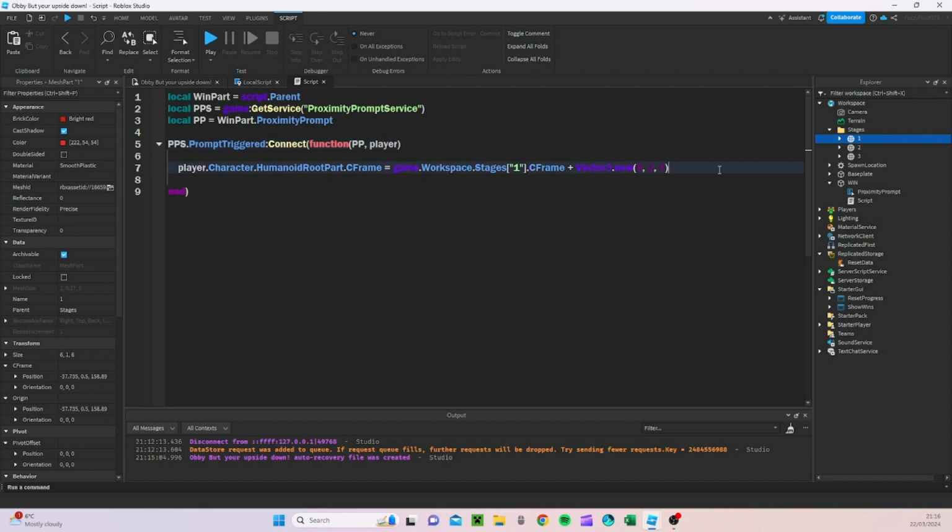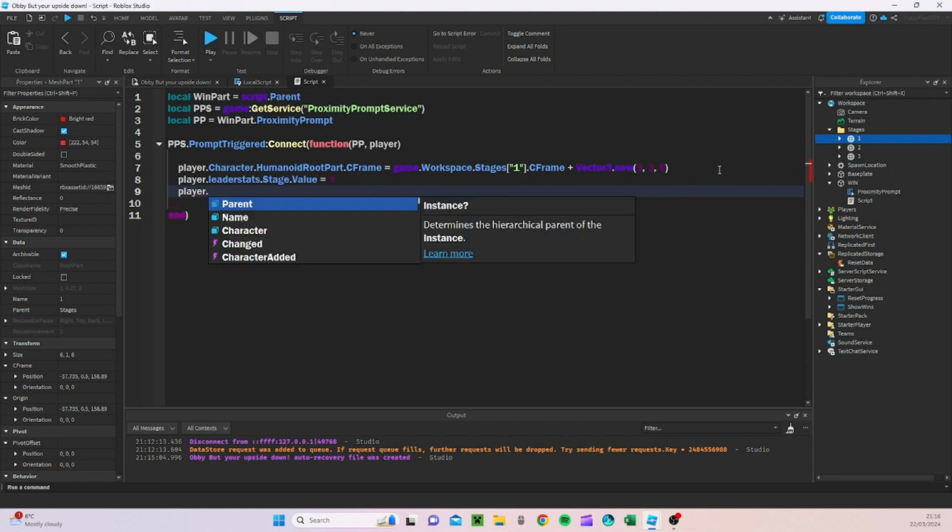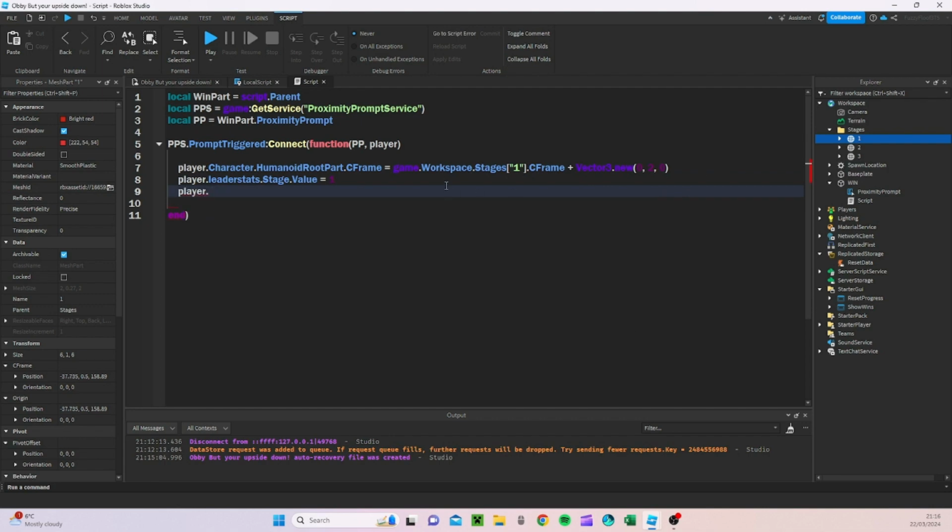Well, I need to actually create it, so we need to do player.leaderstats.Stage.Value, and we're going to do equals 1. Then we're going to do player.leaderstats. Actually, I can just copy and paste this top line. You can do this by doing Control C, Control V, and instead of stage, we're going to do wins. We're going to do plus equal 1,